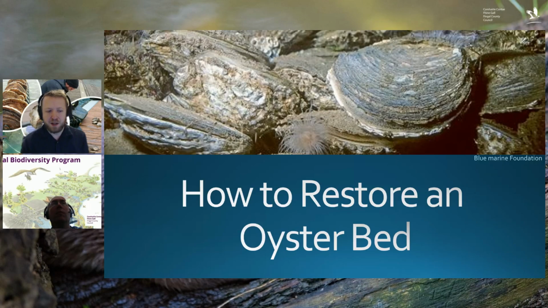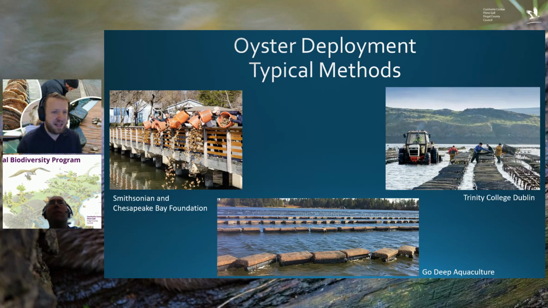And now quickly, I'm going to go through kind of the bigger project here. So this is kind of our early stages, kind of proof of concept, making sure that the oysters could survive, could grow, and then could also produce oyster larvae. The bigger project here, which we're gearing up for at the moment, is doing these wider spread introductions of oyster beds. So there's a few different ways historically that this is done. So you can take a bunch of oysters and just throw them in the water and hope that they find a place to settle out. That's probably the easiest way to do it, but it's mixed with how successful it is.